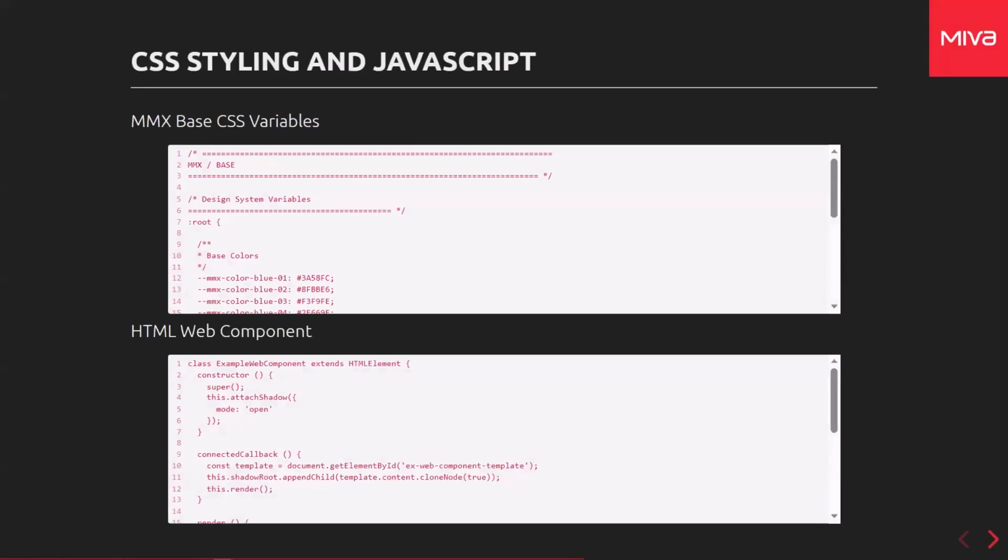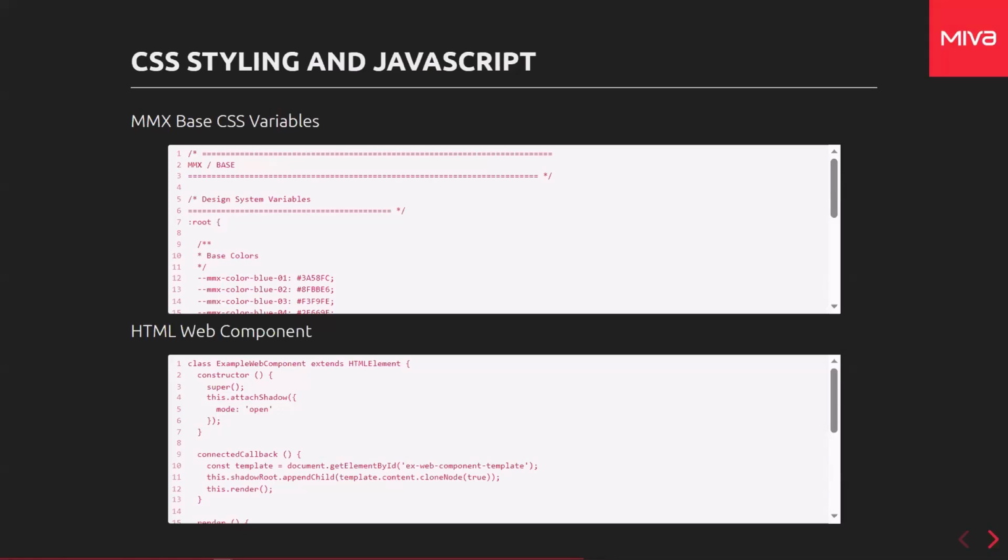CSS styling in JavaScript. So now we have a good understanding of how the instance template works. Let's bring that component to life by applying styling, and then you can even do JavaScript if you'd like. Every Flex component can support its own CSS file. In your flex.json, we saw that you can link the file under the styles array, so it gets included when